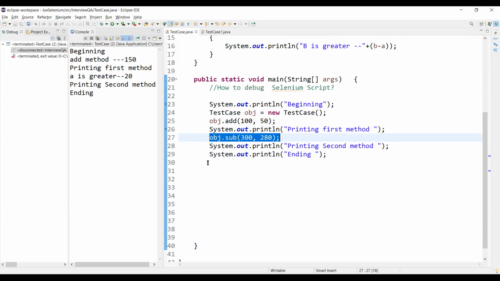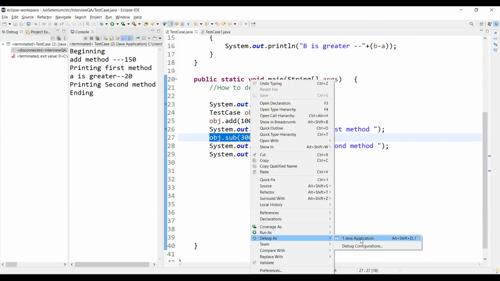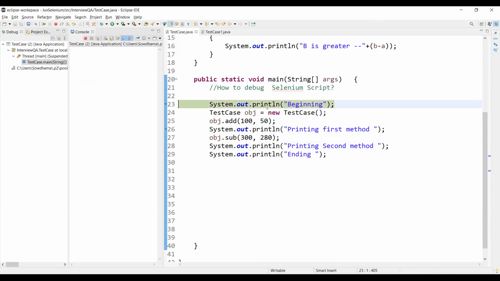If I want to see it step by step, it should navigate into the method as well. So I run as debug, Java application again. Now it comes to this System.out.println line, and I don't want to go into a method here, so I just click F6.